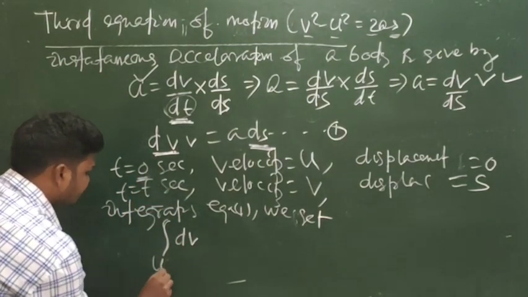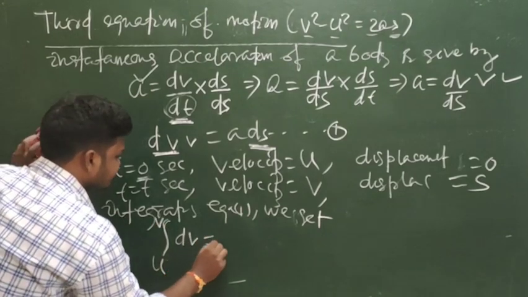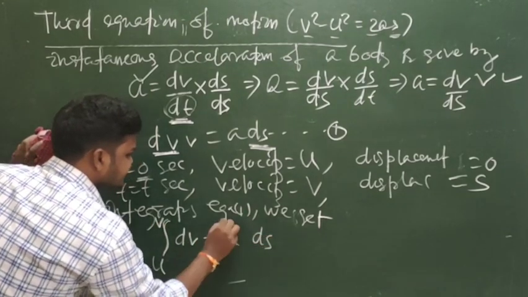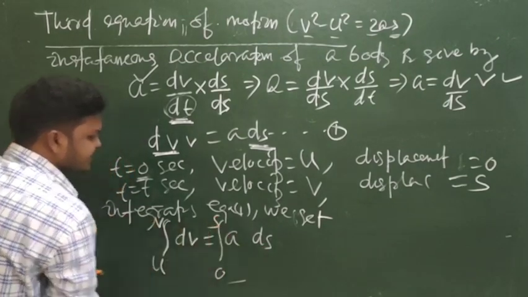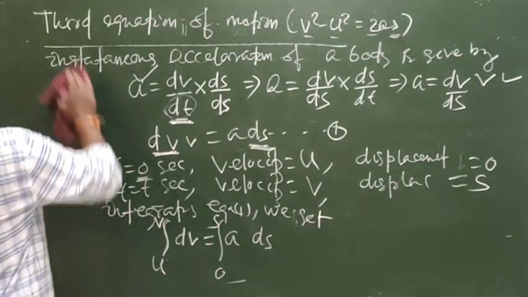Integrating both sides, dv with proper limits u to v is equal to a ds, and in this case the limit for displacement is 0 to s. Then